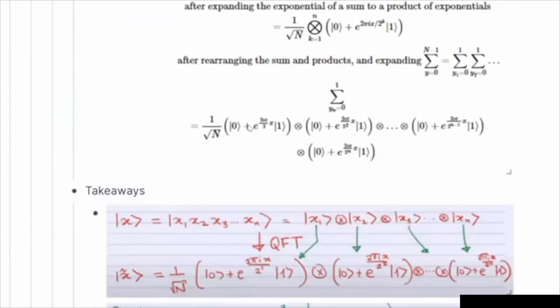So now let's try to come up with the circuit. Again, this is just one form of the circuit. We can have multiple forms of the same circuit. It's just a way of representing it. So when we have the input vector x1 to xn, applying the Hadamard gate is basically creating superposition. Once we have superposition, we apply the rotational gates and try to get the exponent that is represented over here, right? So we want to get this exponent over here.